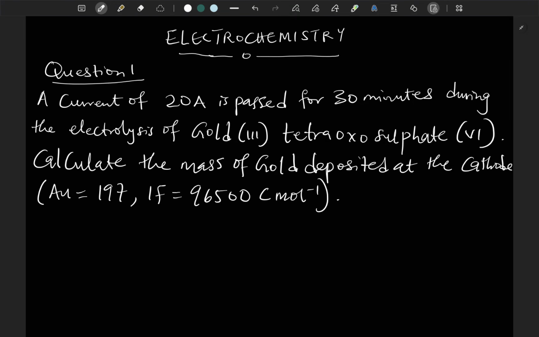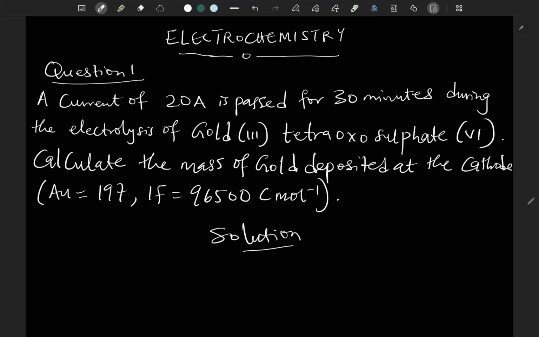Question. A current of 20 amperes is passed for 30 minutes during the electrolysis of gold(III) tetrasulfate(VI). Calculate the mass of gold deposited at the cathode. The atomic mass of gold is 197 and 1 Faraday is 96,500 coulombs per mole. So to solve this question,